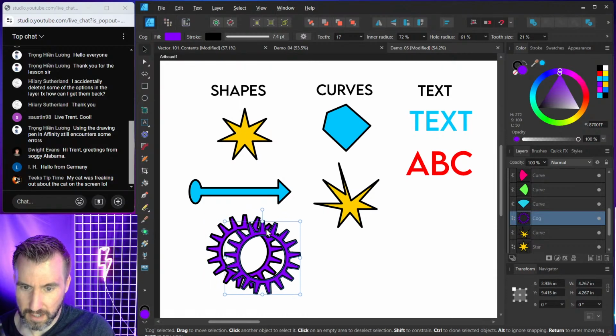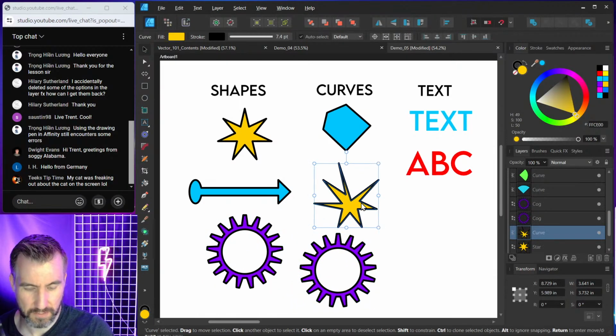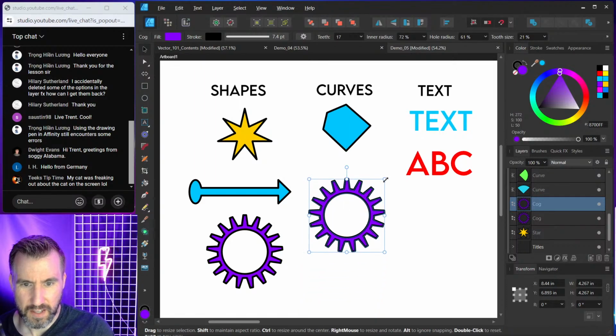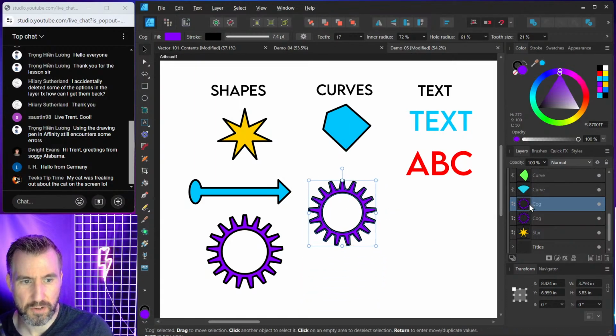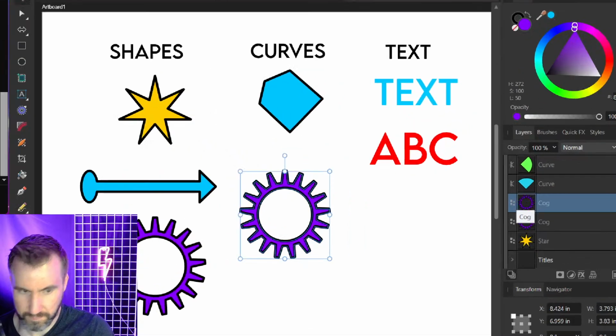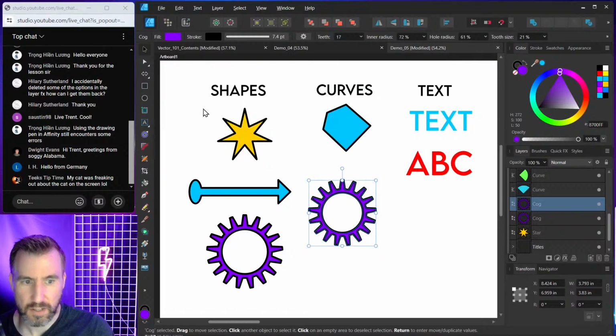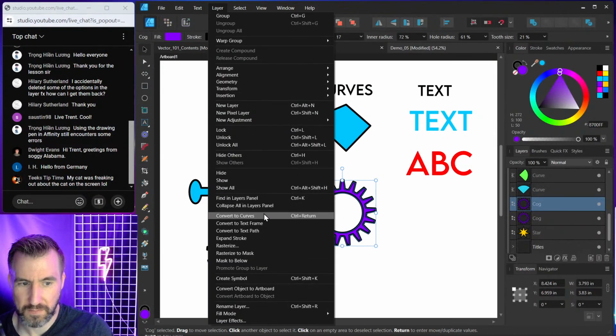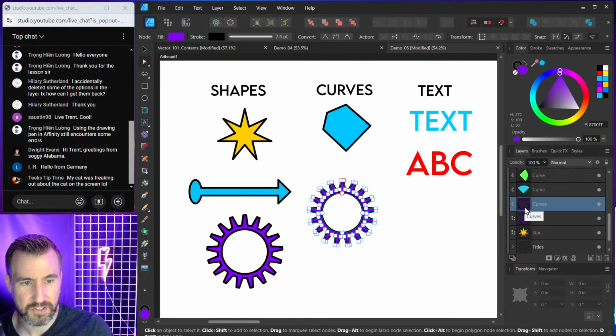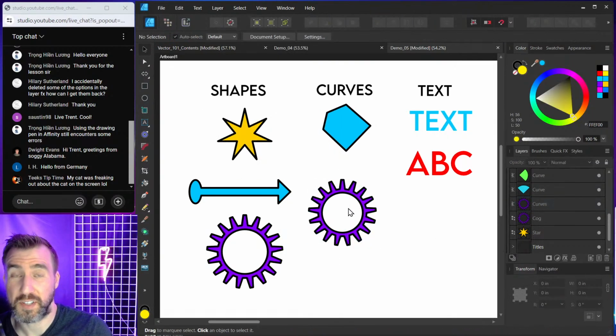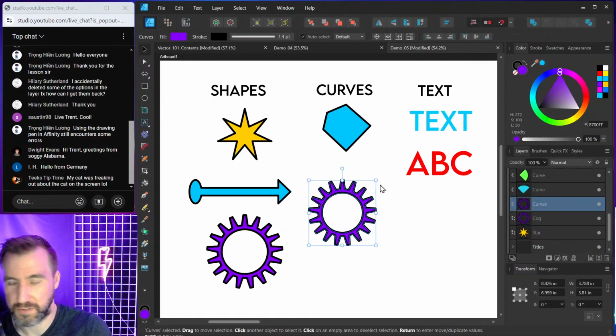So I'll hold Alt, click and drag. Let's get rid of this. Now over here, notice in my layer stack, this is the cog I just copied. It's called a cog, which basically means it's a shape. So you can see this means it's a shape, and you also have the name there, okay? So with this selected, I'll go to Layer, Convert to Curves, and now you can see it's curves, okay? And it still looks exactly the same, but I've lost all those special abilities of the cog